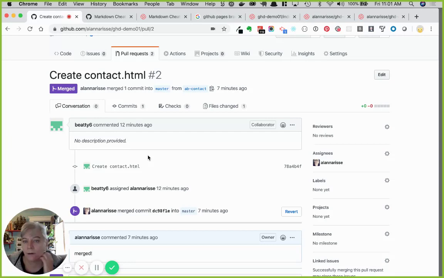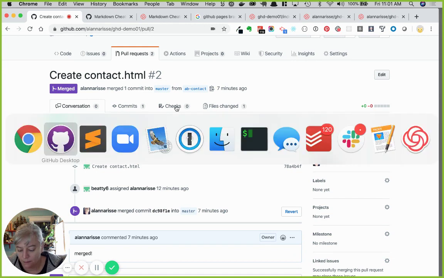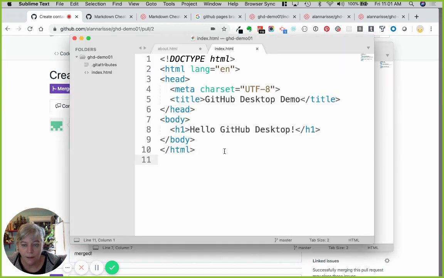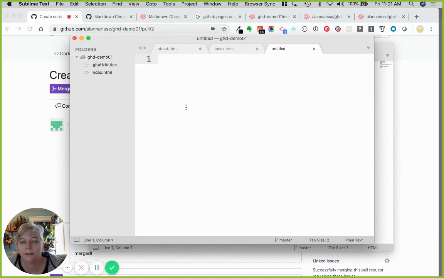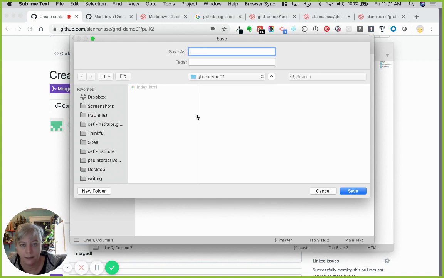So two more things I want to go over today are .gitignore and README files. Git allows you to create a file called .gitignore. I'm just going to make a new file, save it, and call it .gitignore. It has to be exactly this